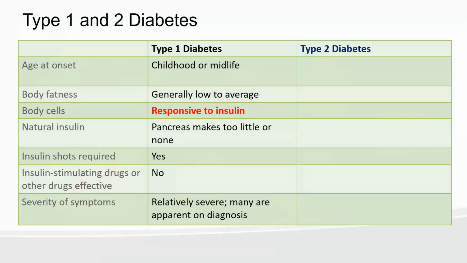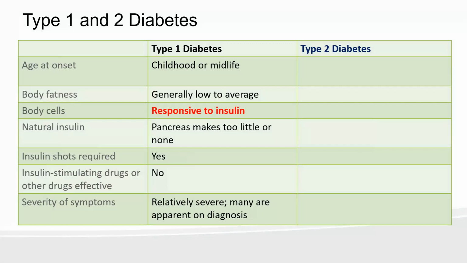So let's just compare type 1 and type 2 diabetes here for a moment. Type 1 diabetes is considered more of a genetic autoimmune disorder. Some people are genetically predisposed to getting type 1 diabetes, so its usual onset is in childhood. Although increasingly more nowadays, we're starting to see more people in midlife, and that may have to do with poor nutritional and physical health habits, unfortunately, somehow causing it to onset. But generally, you're looking at childhood. I think the average age is somewhere around 7 or 8. I'm not sure. I have to look that up.